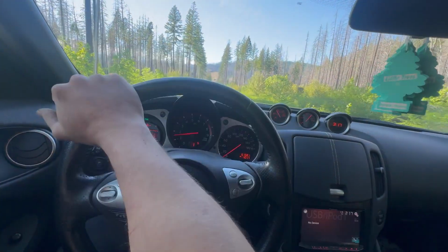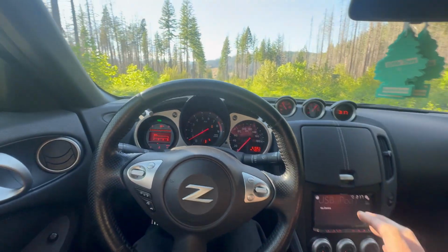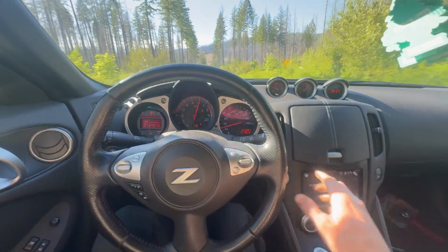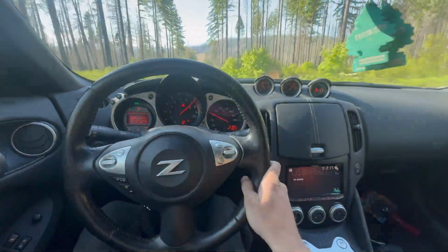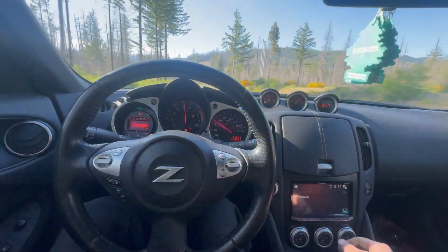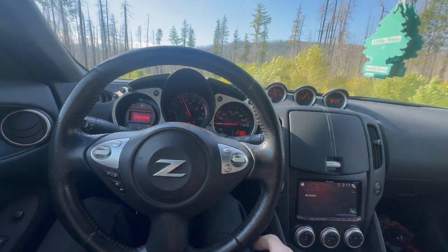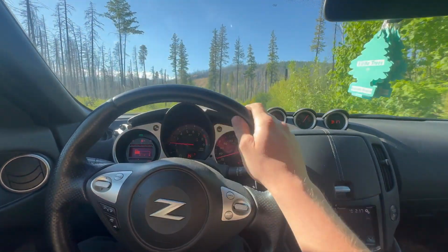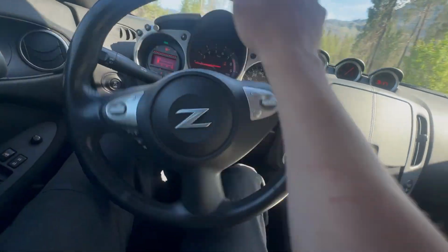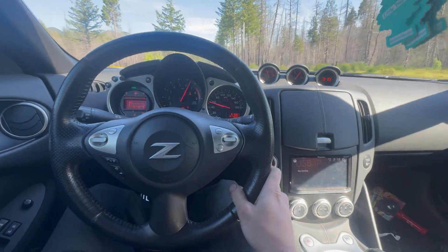Make sure my traction control's off. Okay, it's off. All right. Yeah, grab's nice. I dig it. Let's turn around here. Okay guys, so